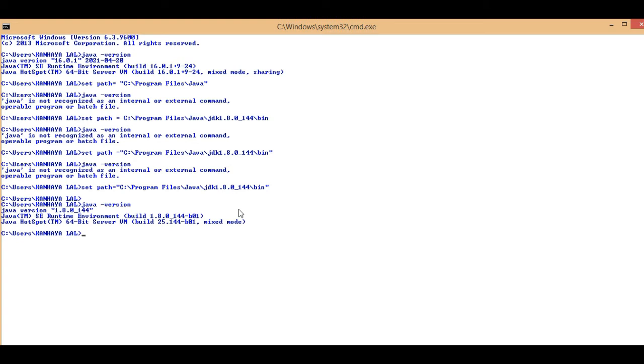Yes, due to this space it was not working. Now understand again, this is the right approach.